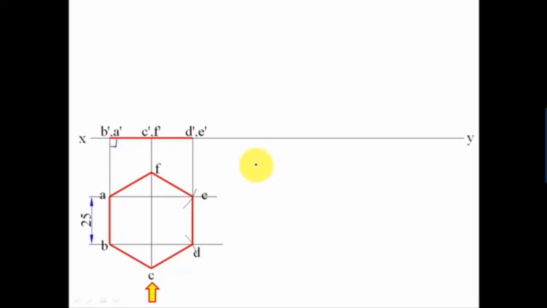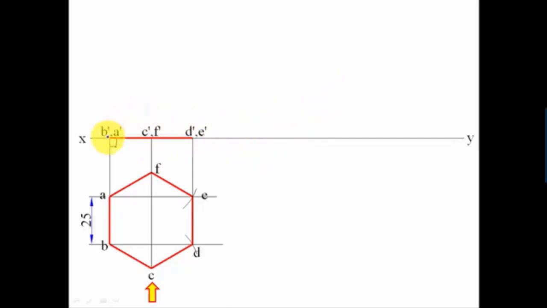Now the surface is inclined to HP, guys. Just think about this. If the surface is inclined to HP, from where can you see this inclination? Obviously this inclination can be seen from the front. So what essentially we're going to be doing is recreating this front view in step number 2 at an angle of 45 degrees, because that's the surface inclination. So let's go ahead and do that.